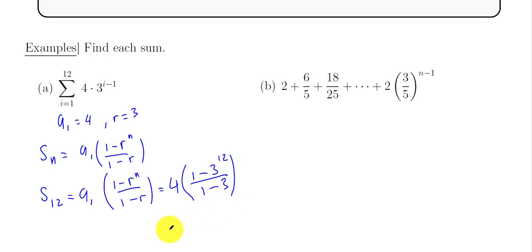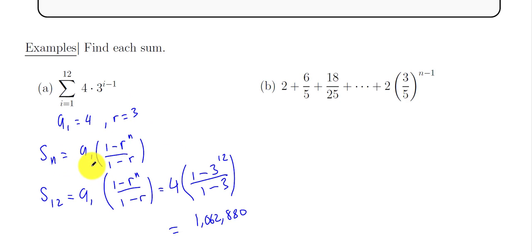And if you simplify this one, you should end up with 1,062,880. So that is one example for finding the sum of a geometric series. In the next example, we were not given the summation formula, but we are given a series. The first thing is we need to come up with a1 and r in order for us to use